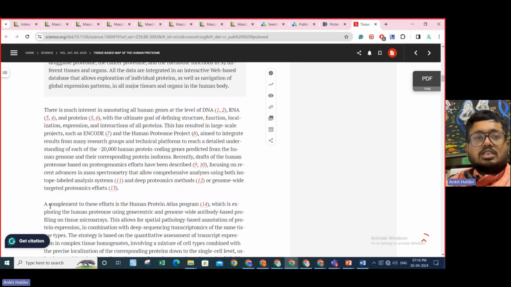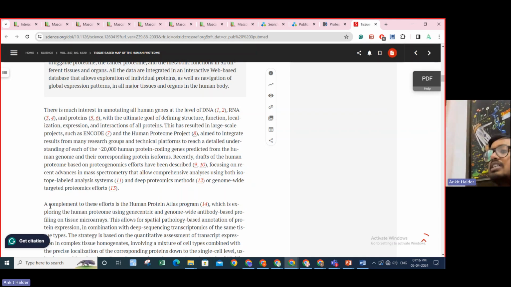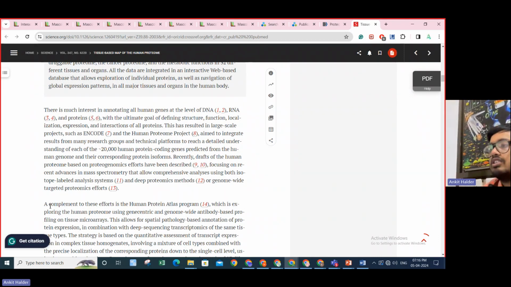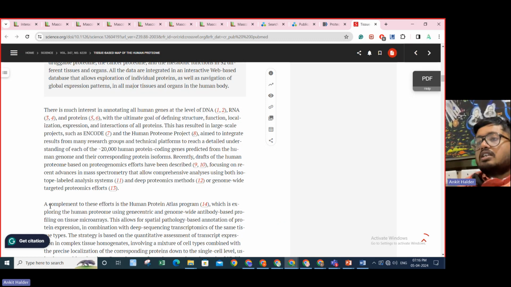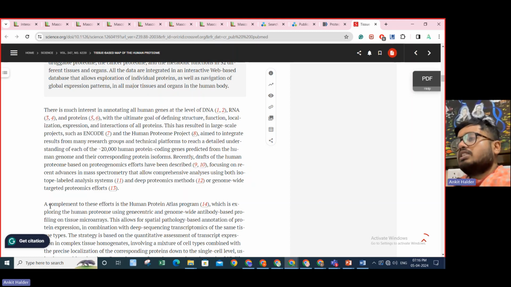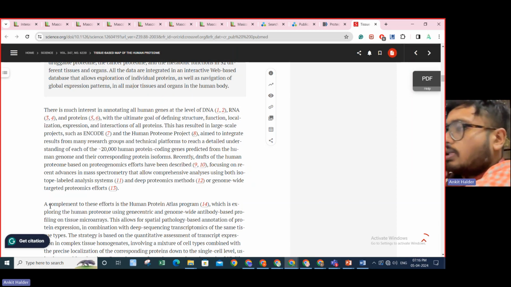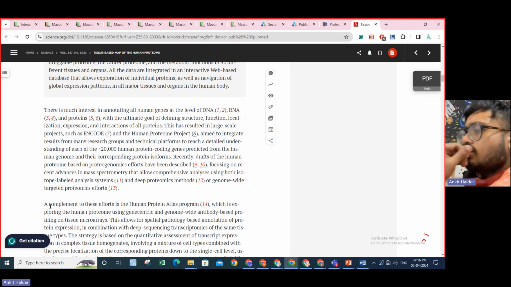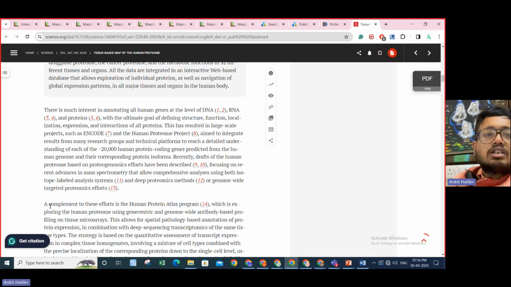So there is much interest in annotating all human genes at the level of DNA, RNA, and protein with the ultimate goal of defining structure, function, localization, expression, and interactions of all proteins. Large-scale projects such as ENCODE and the Human Protein Project aim to integrate results from many research groups and technical platforms to reach a detailed understanding of each of the 20,000 human protein coding genes and the corresponding protein forms. Recently, drafts of the human proteome based on proteogenomics efforts have been described. The Human Protein Atlas program is exploring the human proteome using gene-centric and genome-wide antibody-based profiling on tissue microarrays. This allows for special pathology